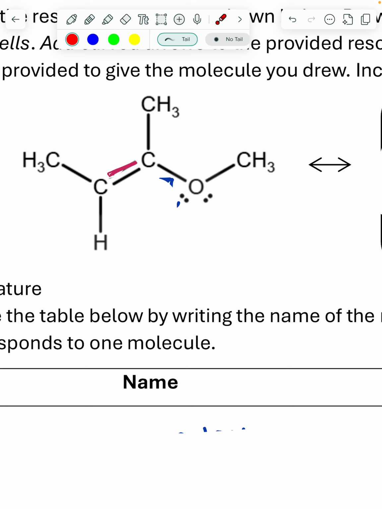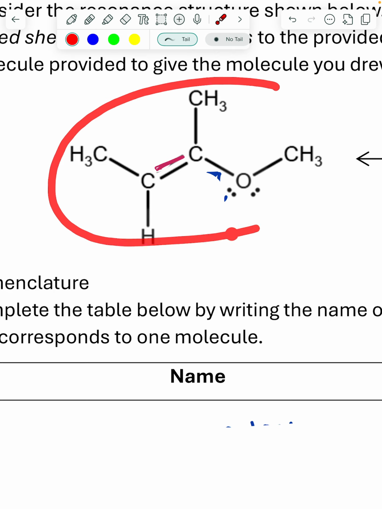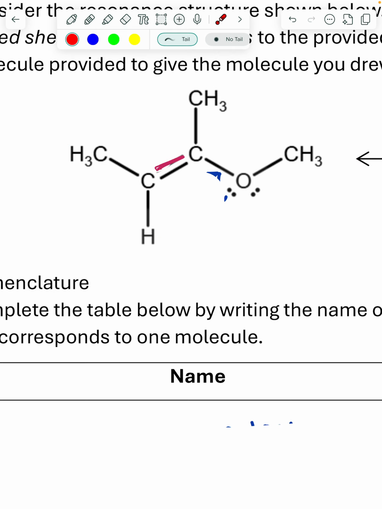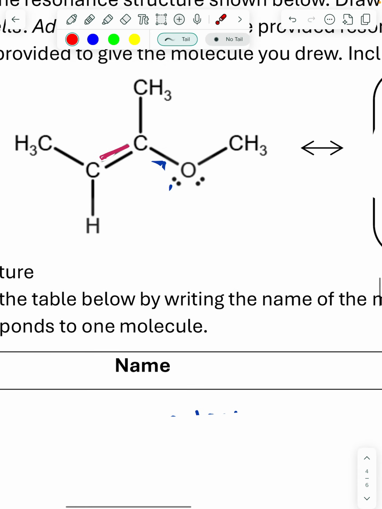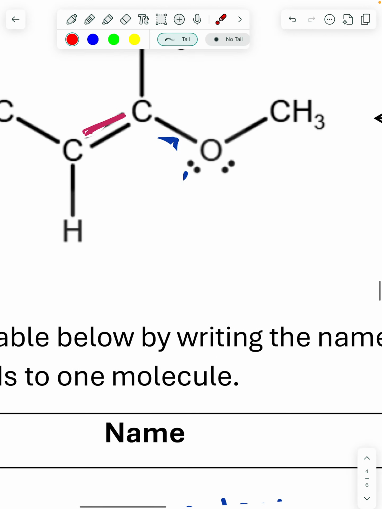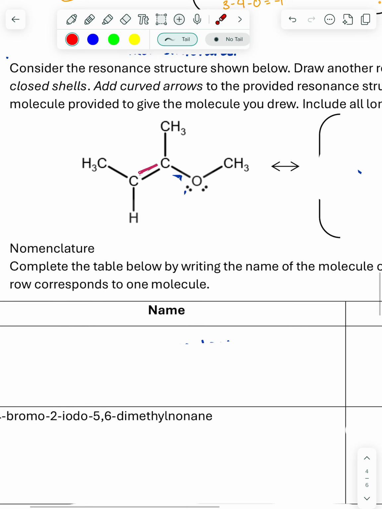Also, we know that this structure right here is neutral overall, so the product of our resonance has to be neutral overall as well. Just a keynote. So the only other way that these electrons right here can move, if they can't move to this carbon right here, is they have to move to this carbon. So if we do that,